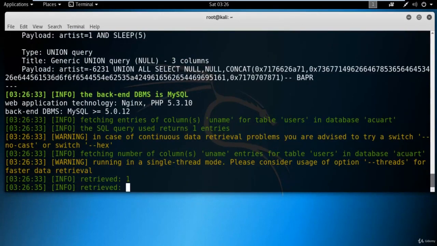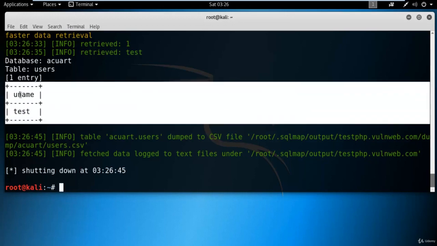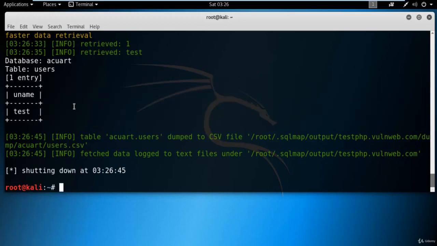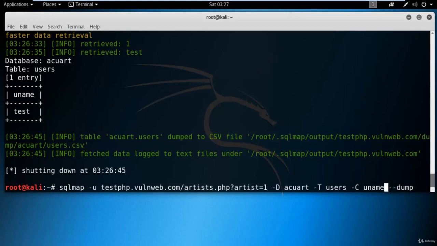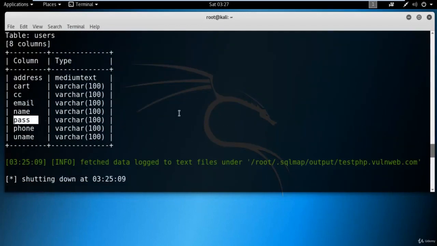So there is only one entry. I think it is showing just one here, and it is showing us the username test. Yeah, so you can see here that it has provided us the username information. The username is test. Similarly, we can find information about the password. Just click here and press the up arrow on your keyboard, and just replace this uname with pass, because there is another column available there and the name of the other column is pass.